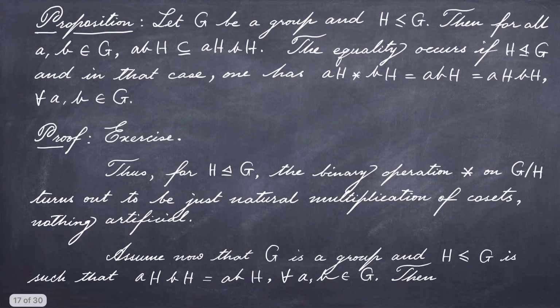Okay, so that's in fact quite easy to see. And the interesting part is regarding the equality. So if H is a normal subgroup of G, then there will be equality, and in that case, on the one hand ABH will be H times BH, and on the other hand, due to normality, ABH is going to be AH star BH. So when H is a normal subgroup, we see not only the equality happens here, also these two